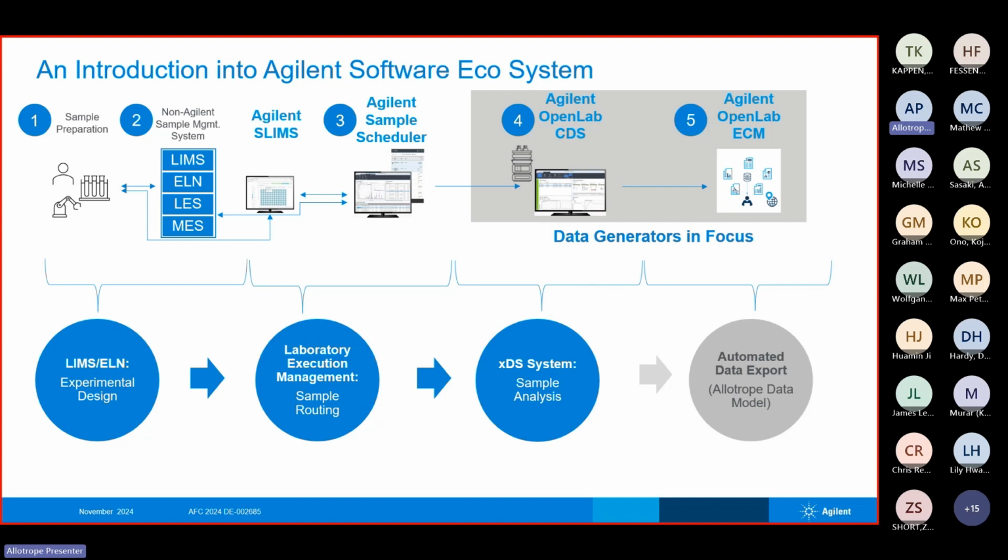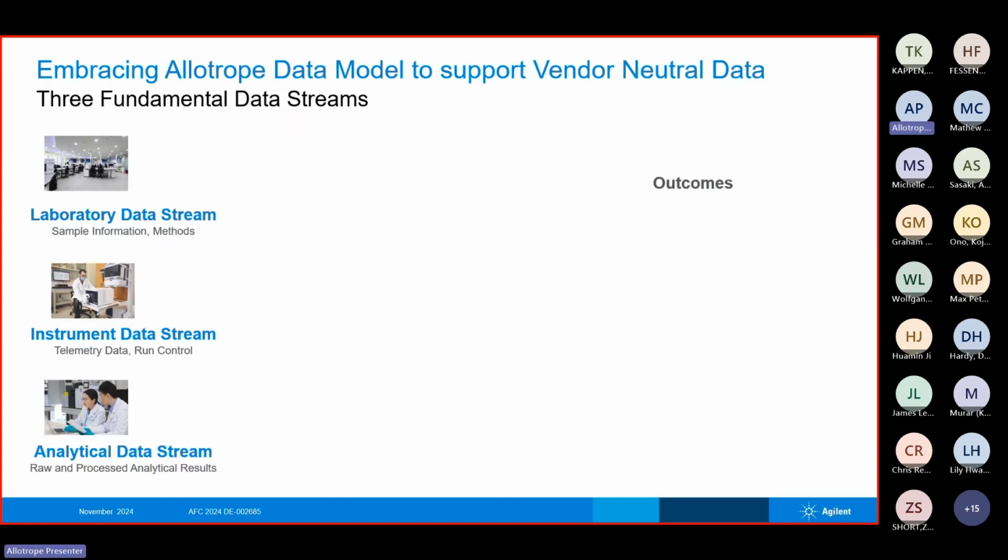We are using the Allotrope Foundation data models. So how we are embracing the data model to support vendor neutral data. When we look at it from a laboratory context, we see three different types of data. You have the lab data stream, it can be sample information, method information. Then you have the real-time instrument run data stream. It can be telemetry, run control, or how your instrument is actually behaving at that given instant of time. Then the final analytical results, which all the scientists, lab managers, etc., are very much interested in. The focus of today's presentation would be mostly on the analytical data stream,